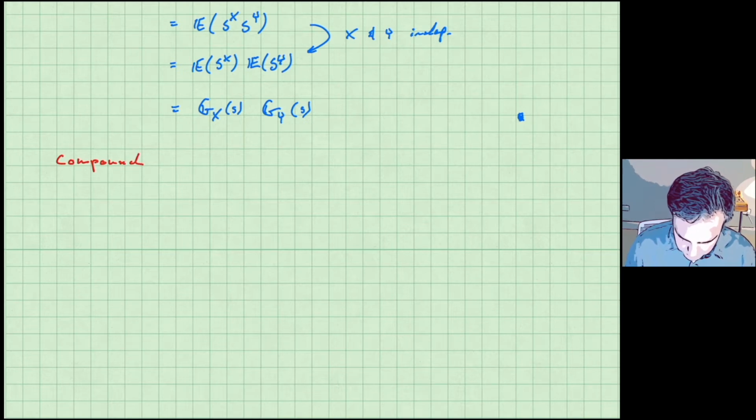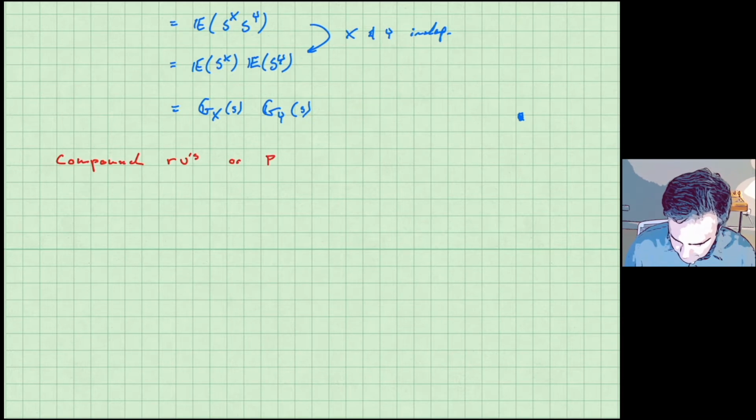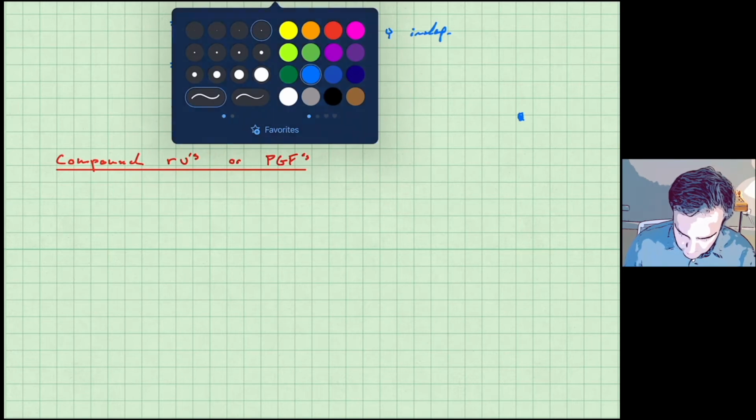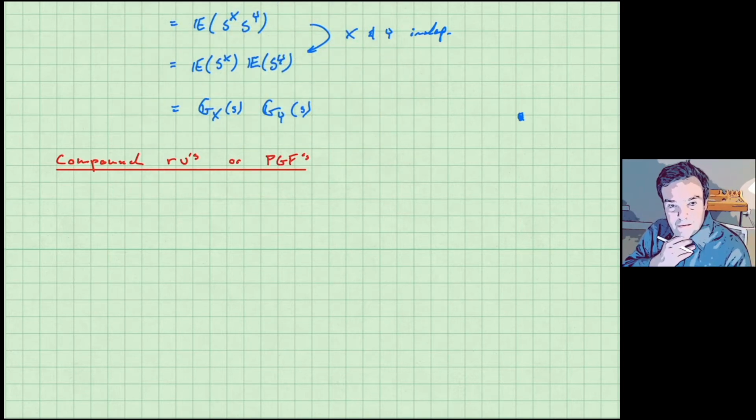I think the notes might call this compound distributions. That's fine too. Okay, compound random variables, or compound probability generating functions, whatever you want to call it. Something is compound. So this is going to be our last topic before we dive into chapter 3 of the notes, where we